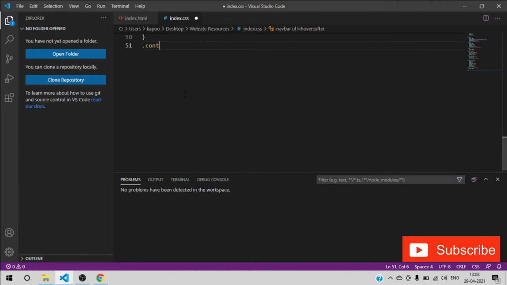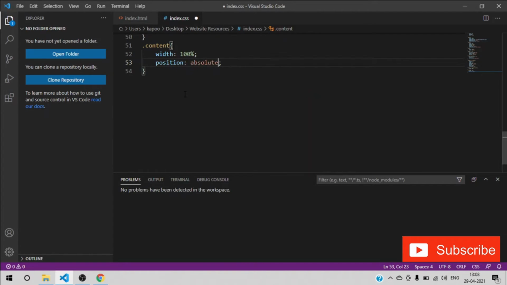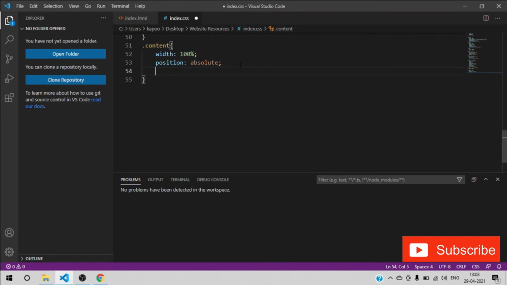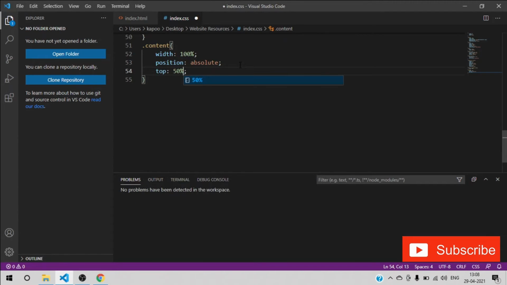Just go down and give the css to the content div that we have created. Just give the width as 100%, write its position as absolute, refresh it. Okay, and then what we can have is top as 50%.